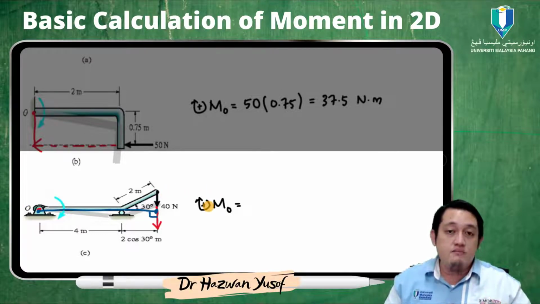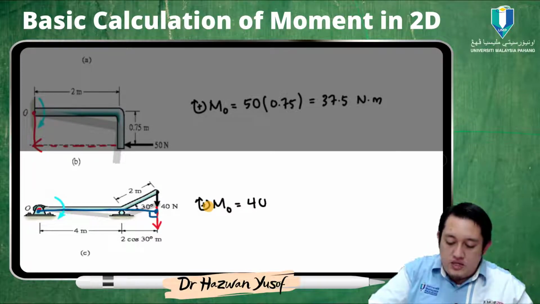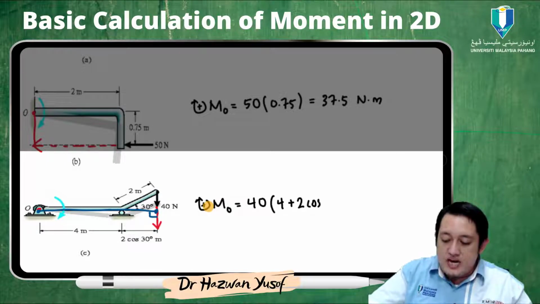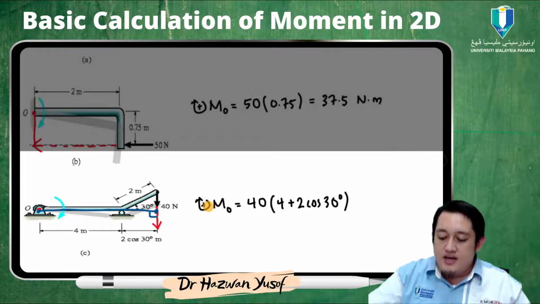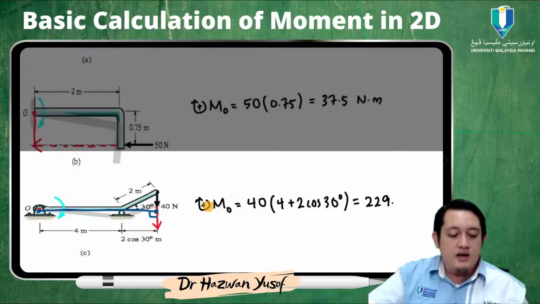So this will be positive 40 Newton times the distance, which is 4 plus 2 cosine 30. The answer is 229.28